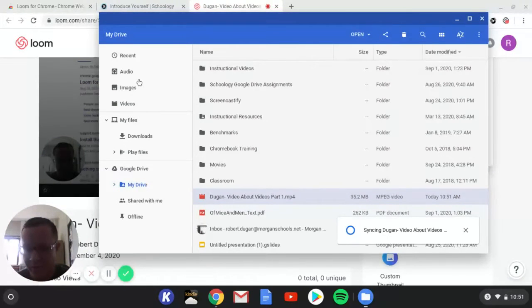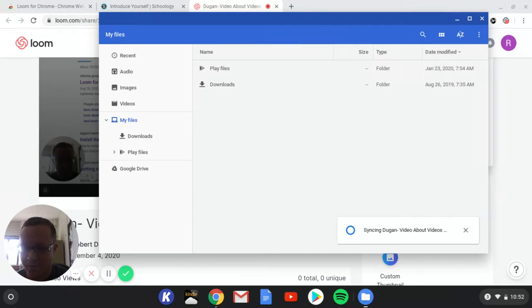So on the left-hand side here, I can navigate all the different file structures in my Google Drive. So it works just the same way as Microsoft does. Big folders, places that you are going to want like shorthand navigation to go to are going to be over here on the left. It will highlight the video that you asked to show in the folder. Now, I have a folder set up for mine that says instructional videos. Okay. And